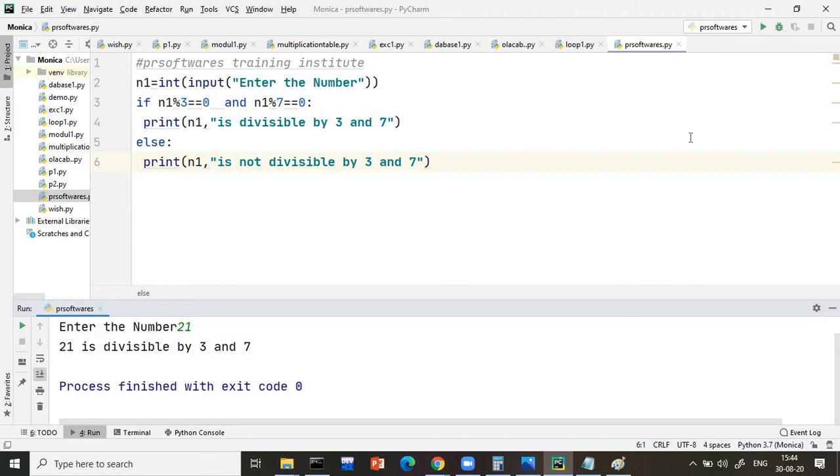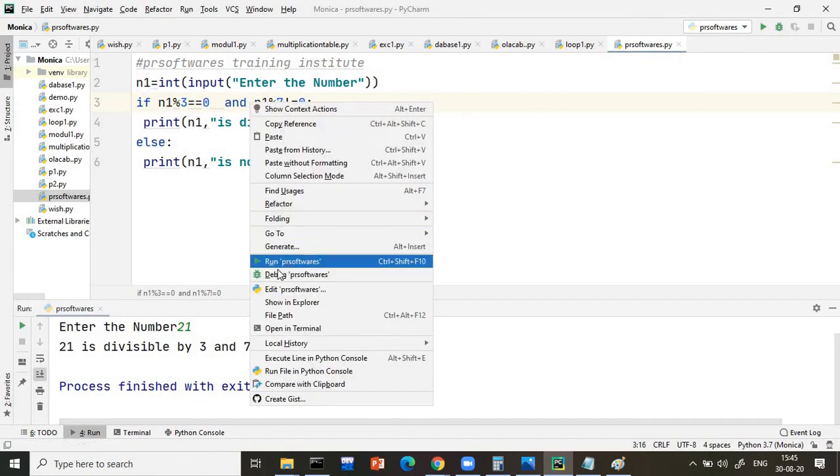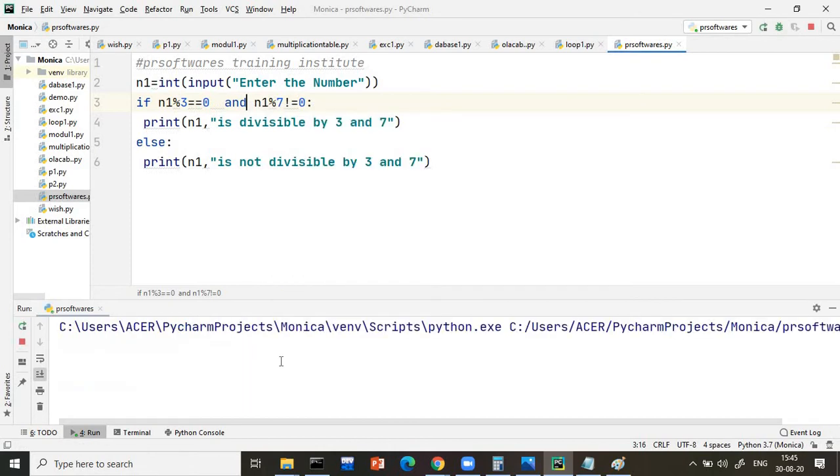So like this, if you want to print it, I will write it down. Percentile d equals to 3, and here I will write not equals to 0. Means 7 should not divide it. Not equals to, we will write like this, guys. If this condition is true and this condition is true, if both are true, then only it will print, otherwise it will not print. Now you observe, as per my program, here we have to say it is divisible by 3 but not 7.